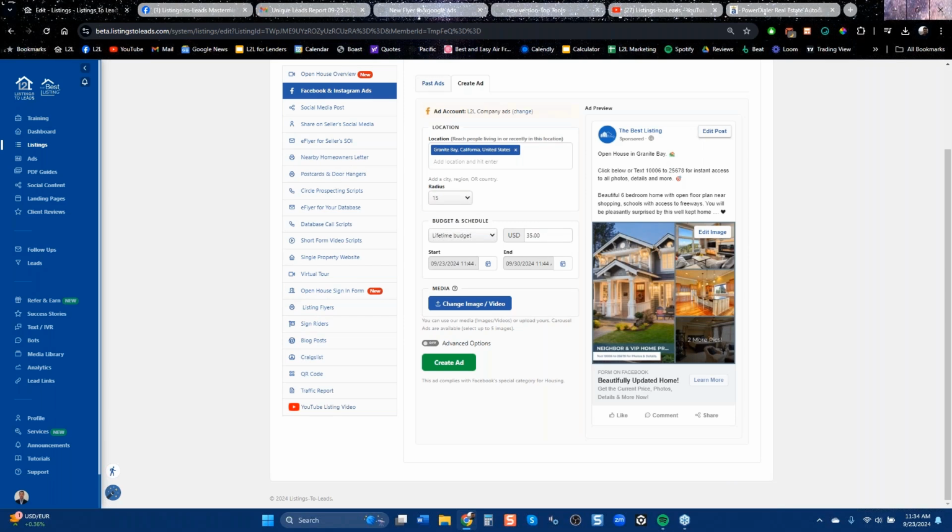I do want to state, though, that the conversion of these leads on average is like 1 to 3%. I think the average is 1, right? I think for our clients, 1 to 3% conversion is fairly nominal. I also have clients converting at 4 and 5% on Facebook leads. So that's great. If it's that easy to run the ads, you want to collect that many leads. If you're good at converting and you can convert 3 out of 100, awesome. I'll show you a little more detail on that, but let's go answer that question.